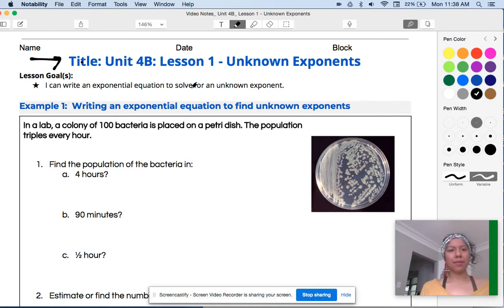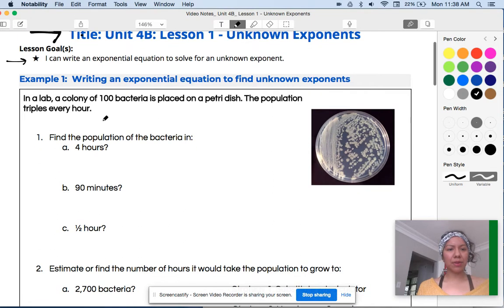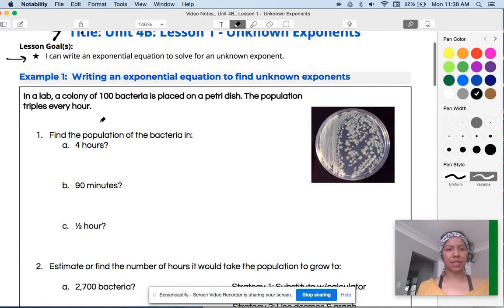As usual, you want to make sure that you are recording your notes down. So you have Unit 4B, Lesson 1, Unknown Exponents. And today's focus is that we can write an exponential equation to solve for an unknown exponent. All right, so the example that we had in the first pre-assessment or the check your readiness